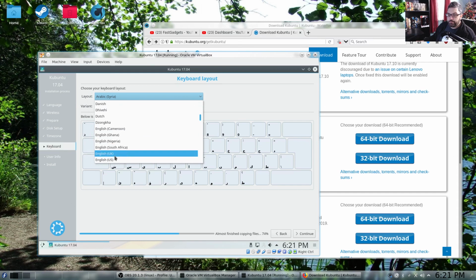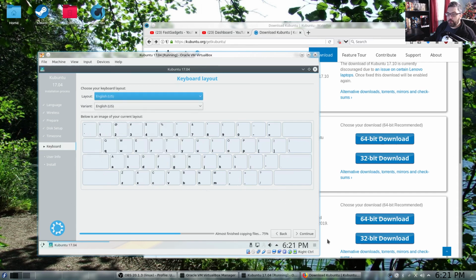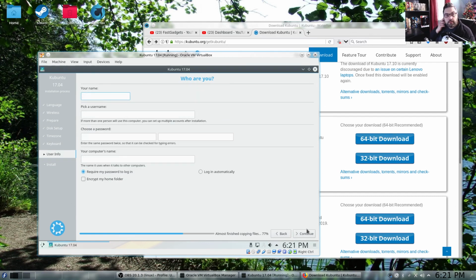Anyway, that's pretty neat though that you can see the keyboard layout. And this is why I like installing different distributions, because I can learn so much about it. I think I'll just go with my name. I think I'll call this